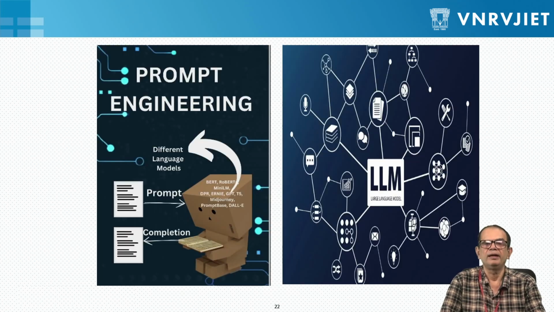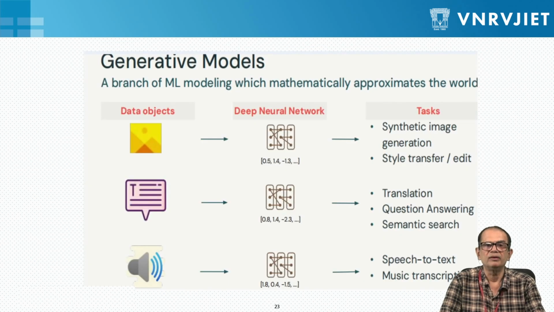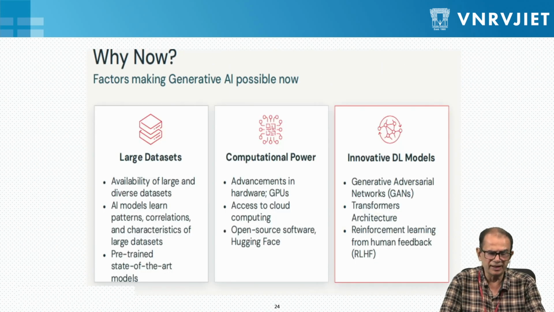Okay. Now, having talked about all of this, we also need to understand what is a prompt and what is an LLM. So, before deep diving in, we need to know why only today we are able to talk about generative models, because these are data models, and these are deep neural networks, and these perform several tasks. So that is why we are able to go for generative AI models.